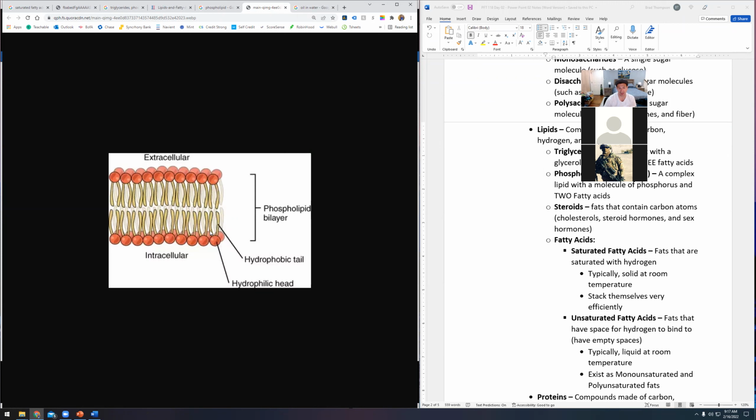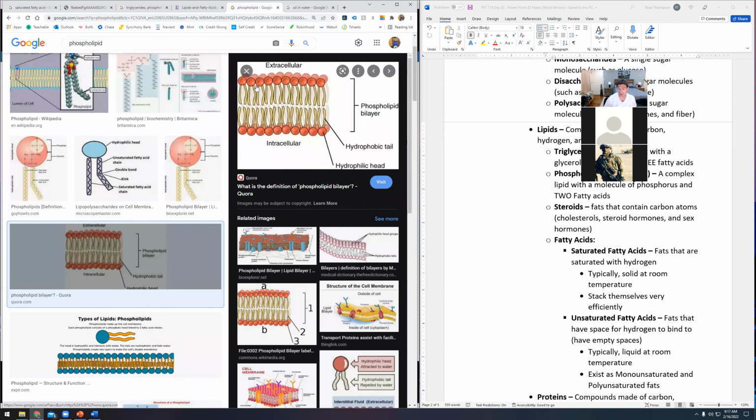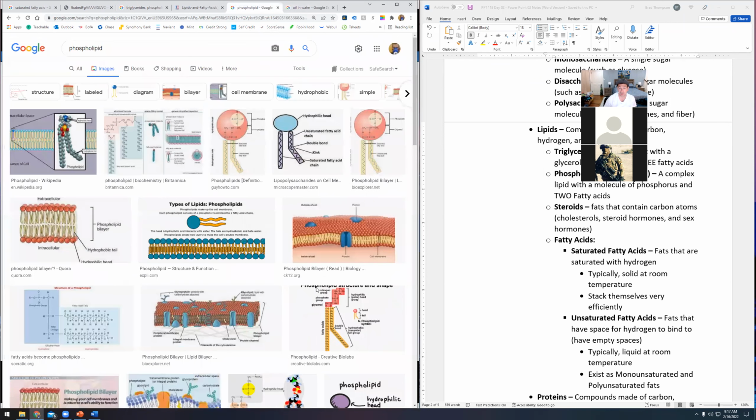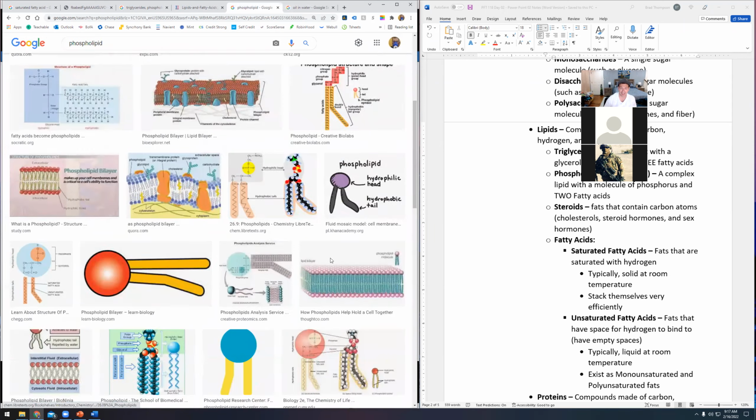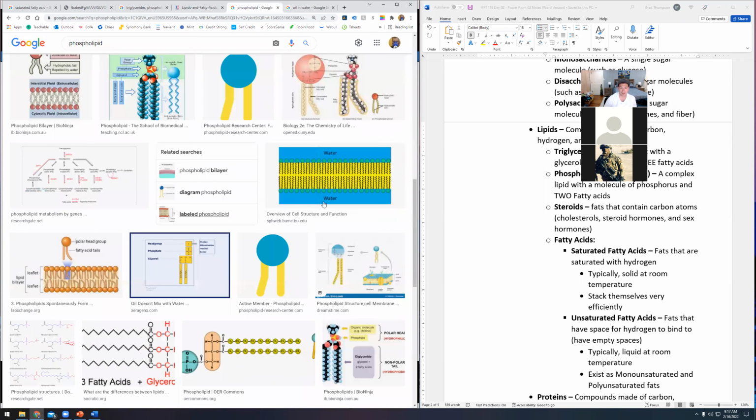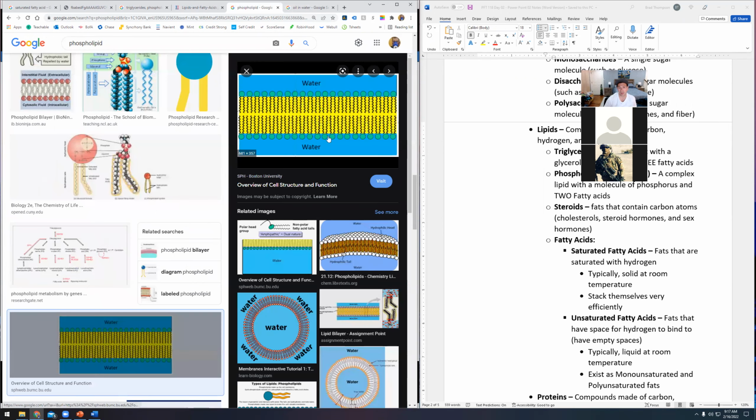So you can see here, this little fatty acid put both of its tails towards the inside. This fatty acid put both of its tails towards the inside. That is what your cells use to make up their walls. So now you can understand why most personal trainers do not recommend low-fat diets, right? We need fat in our diet in order to make up our cell walls. This is part of our diet here. This is what gives us this structure, so it can keep water out on both sides.